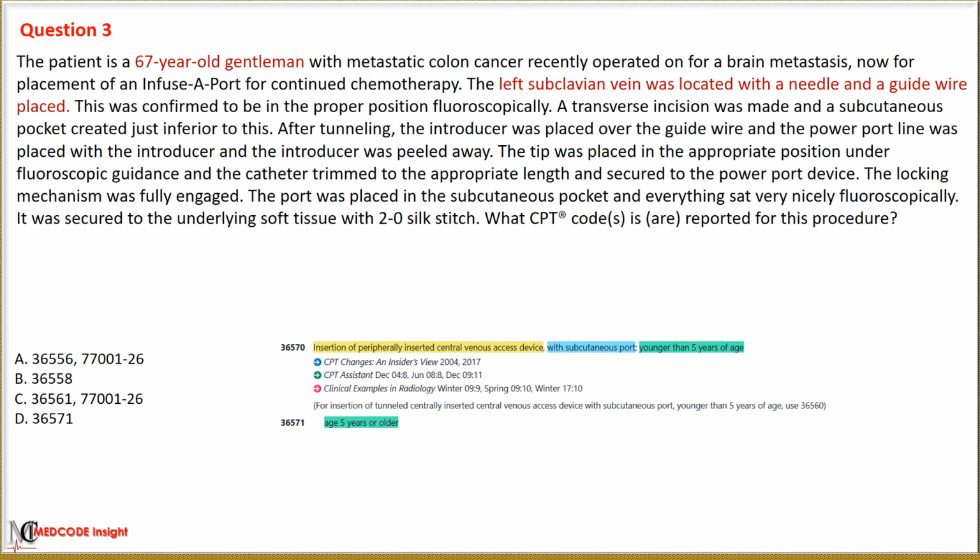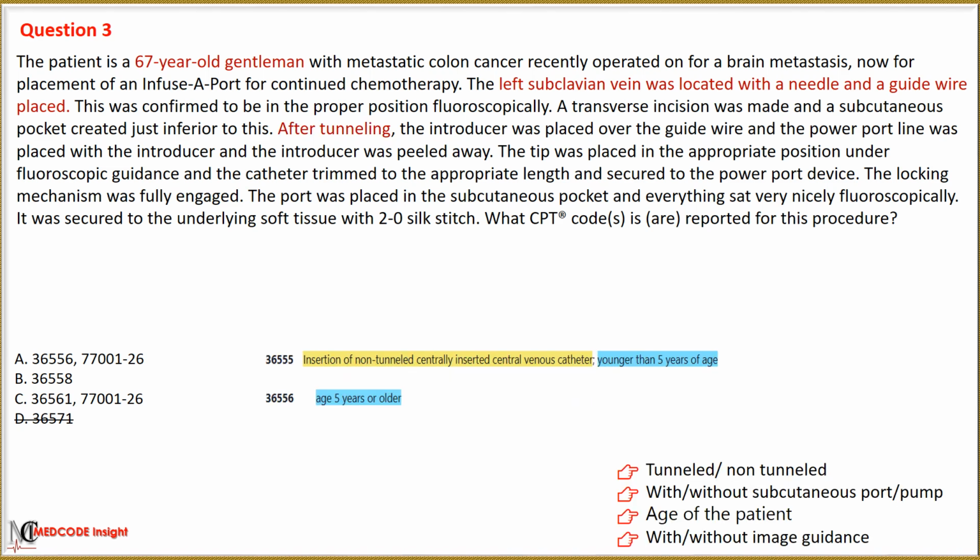As in the scenario, the left subclavian vein was located with a needle and guide wire placed, which means the catheter was inserted centrally. Based on the insertion, we first eliminate option D with code 36,571 used for insertion of a peripheral central venous catheter.